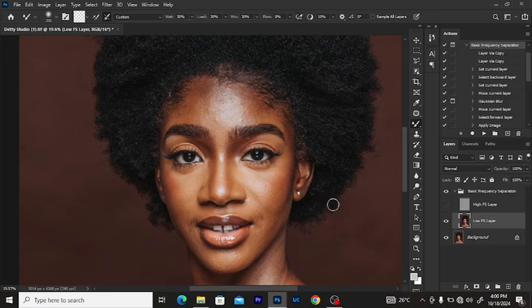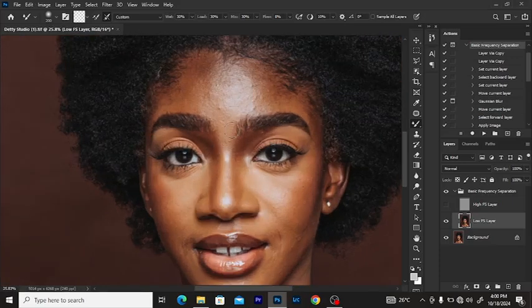I'm going to change the flow to 8. The reason I'm using 8 is so that the flow does not get too much and destroy the image. So I'm just going to zoom out, increase the brush, and do a circle and just try to